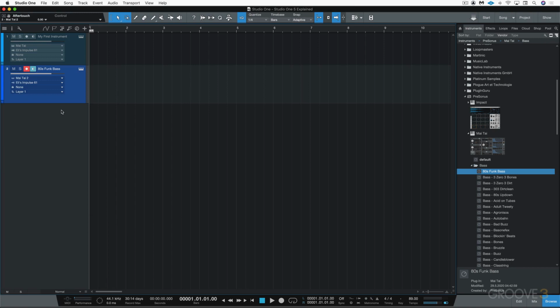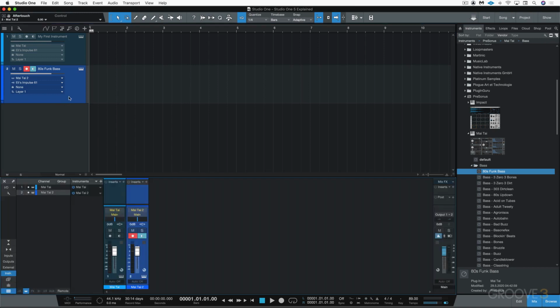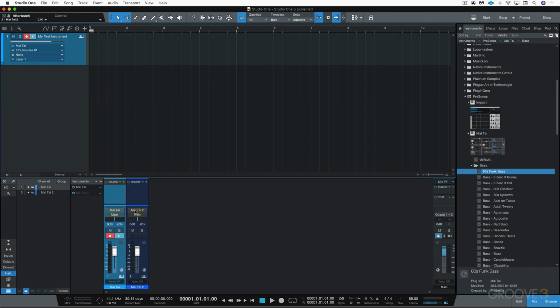Now, I'm going to hit F3 again to open the mixer and want to show you the behavior of what happens when we remove these tracks. Let's say I go here and go Remove Track. So it's removed it from here, but it still exists in my mixer. So here, I'm triggering Mai Tai, but this bass sound that's loaded into Mai Tai 2 exists, and I can reroute the output here if I want to. I can go to Mai Tai 2